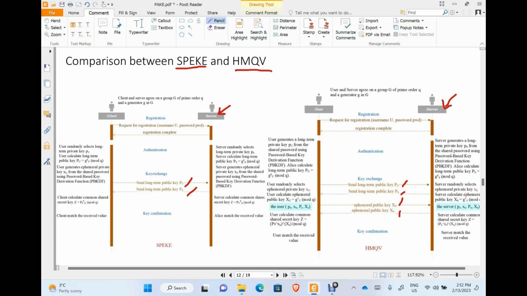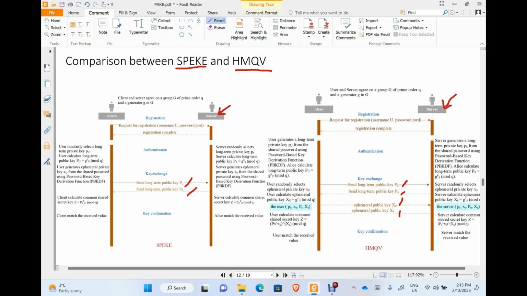And another problem is that here the client or the user are the same thing. The user device could be a weak device, like a very light IoT device. Maybe it's possible that they could not perform some complex computation like modular arithmetics. So to solve this problem, OPAQUE proposed to solve this problem by